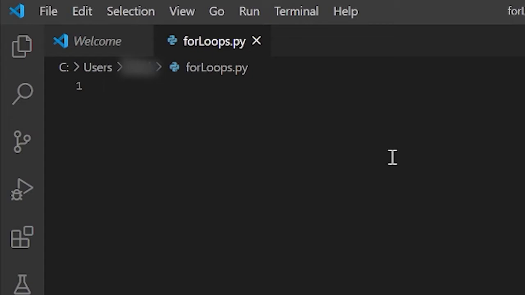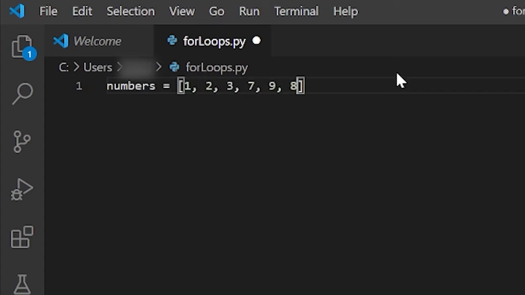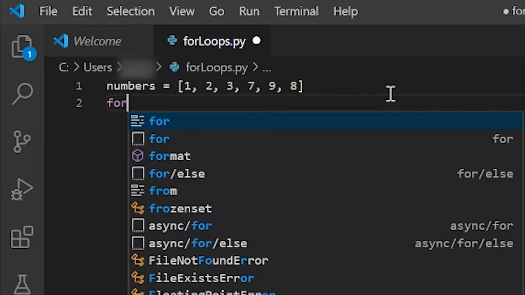A for loop is kind of like a while loop, but it's a little different and it has some special functions. A for loop can also be used for iterating over a sequence, like a list. So let's try that out. Let's create a list called numbers: 1, 2, 3, 7, 9, 8. Alright. And now we can do for